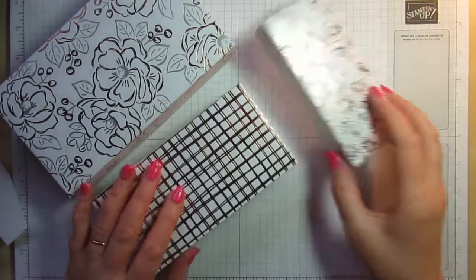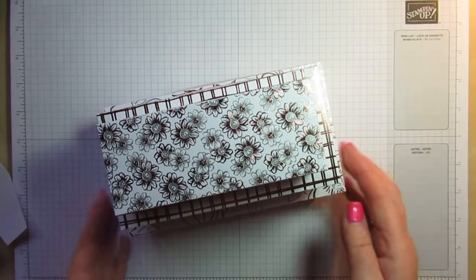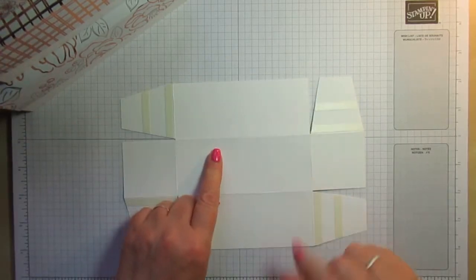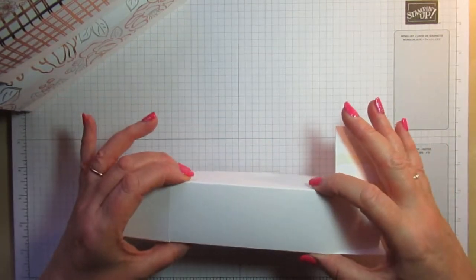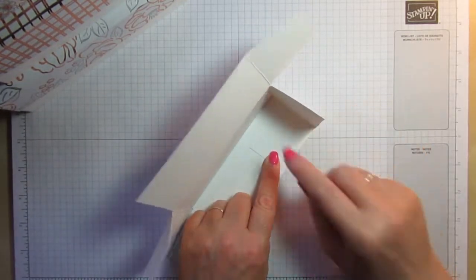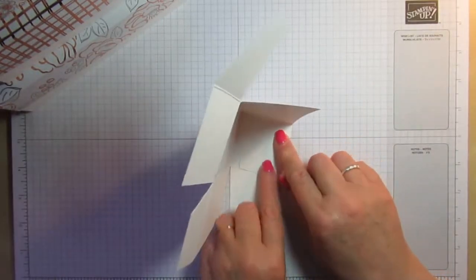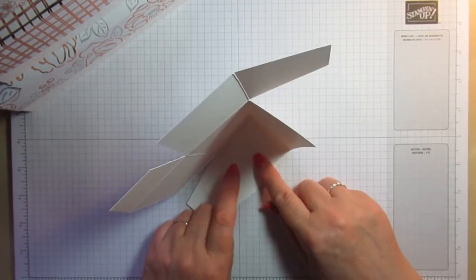So that's the middle box made and the lid made for the smallest box, and I'm really quite pleased with these. They look very, very pretty, so it's going to kind of look like that once it's all finished. But like I said, I'm making the base of the very top box in a slightly different way, and the reason for that is because it's a small box and because this is a 2-inch width as well as the flaps being 2 inches. When I join the corner flaps onto the longer rectangles, then that's fine, but when I join these flaps onto the 2-inch side, as you can see, it just touches that score line,